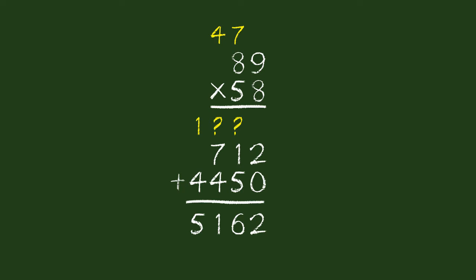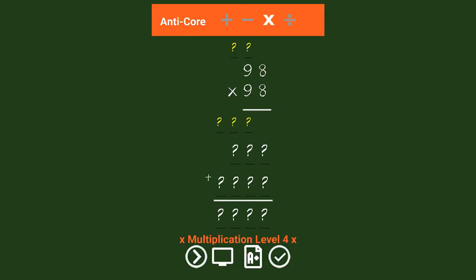After adding the two answers of these separate multiplication problems together, we get the actual answer. So 89 times 58 equals 5,162. Now on the app, multiplication level 4 shows the two numbers we are multiplying and has rows to enter